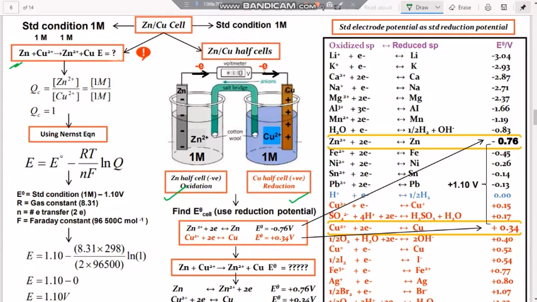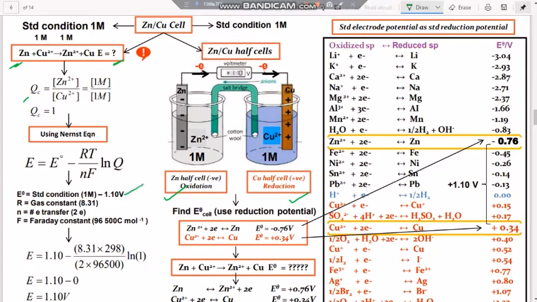Now, what is the E cell when the concentrations are taken as 1 molarity each? At that time we can find the reaction quotient, which equals the concentration of zinc ion divided by the concentration of Cu2+ ion. Since both concentrations are equal, this QC will become 1. Using the Nernst equation, E cell equals E naught cell minus RT by nF into log Q, where E naught of this galvanic cell is